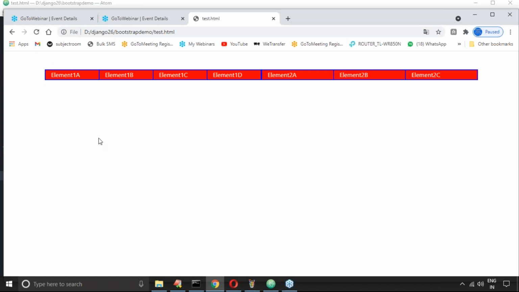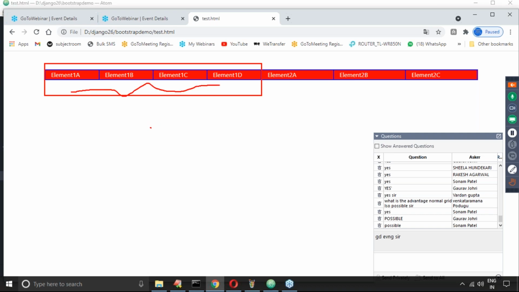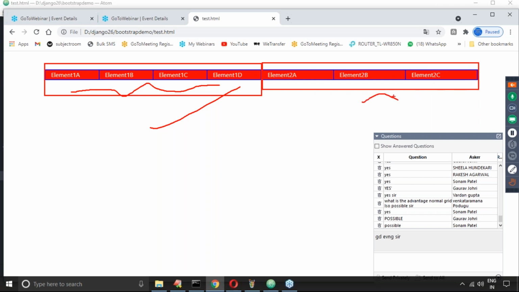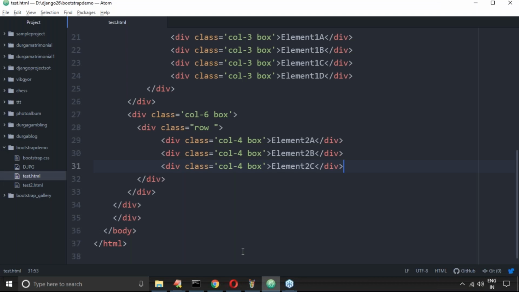Feeling comfortable? Now you can define separate styling for these elements. On all the screens it should be the same, but here can I define separate styling only for these three elements? Venkatramana, have you observed? On the large screen only two elements, but on the small screen just one element. Is it possible to set or not? Yes, why not? That is the advantage, right?